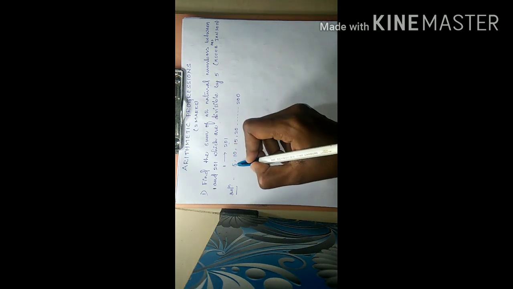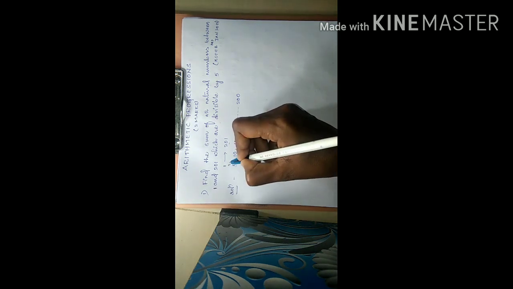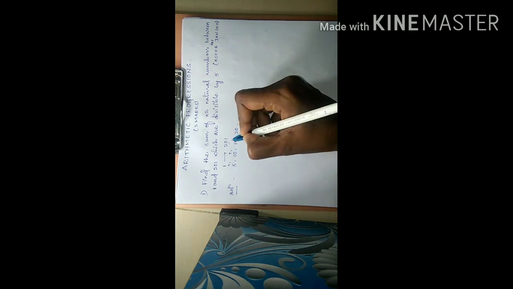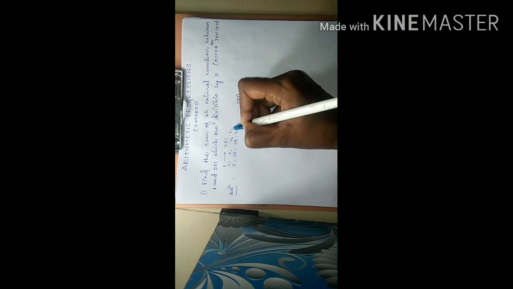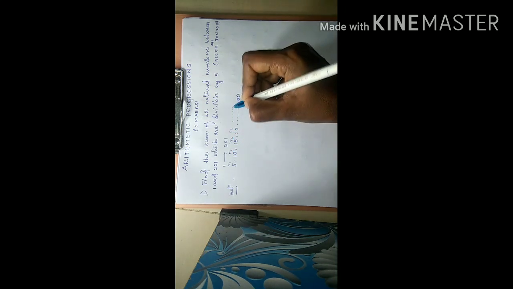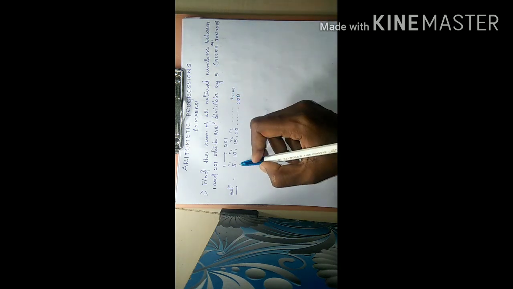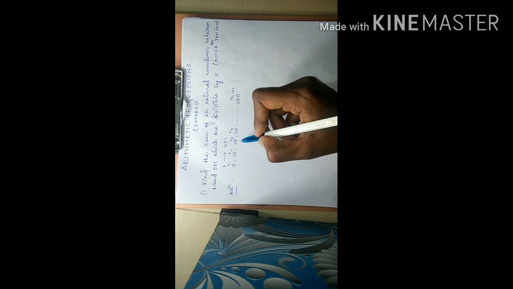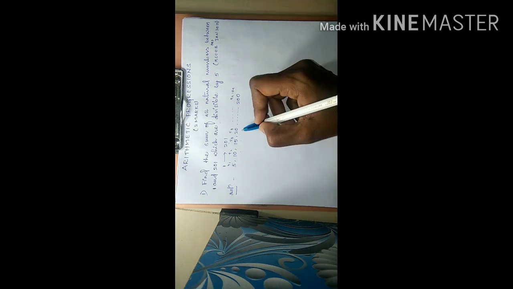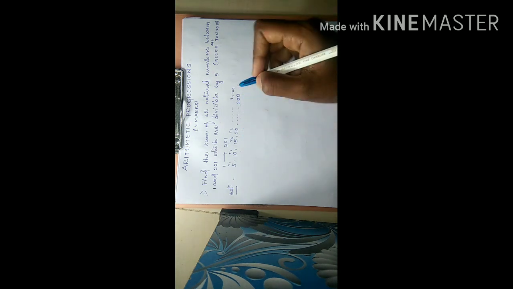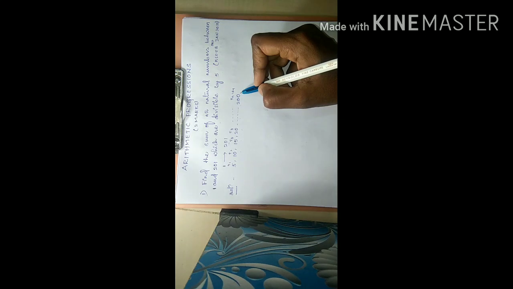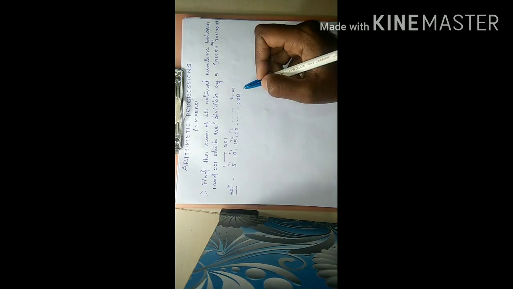And here you know well this is the first term, that is T1, T2, T3, T4 and so on. This is Tn or An. This is A, A plus D, A plus 2D, A plus 3D and so on. This is A plus n minus 1 into D. This is the nth term.